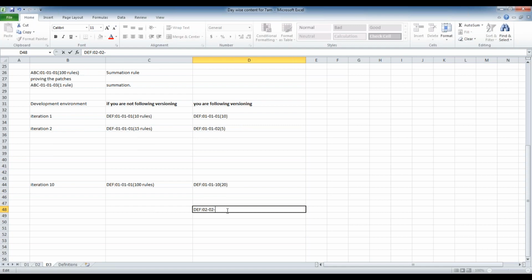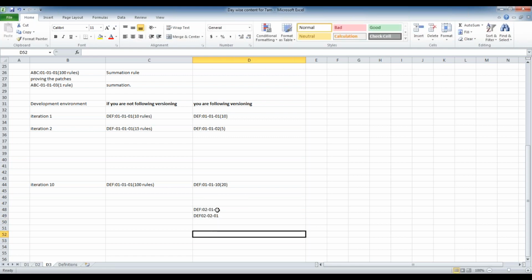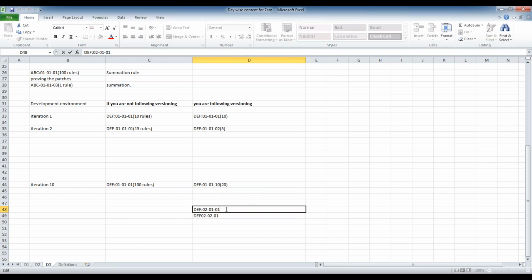If you have minor versions, once you release the product into market and you want to include some more features, in that case you can increase the minor version like 02, 02, 01. Like that, I need to increase the major and minor version, but the patch version is just for development convenience. During development, we'll increase the patch version, or if you want to provide patches. Once the product is released into market and you want to fix issues, we'll increase the patch version.